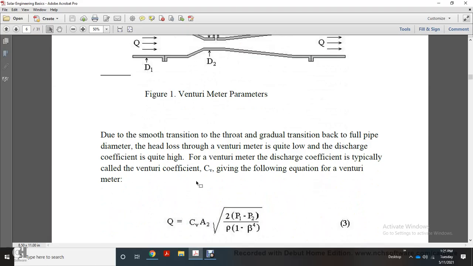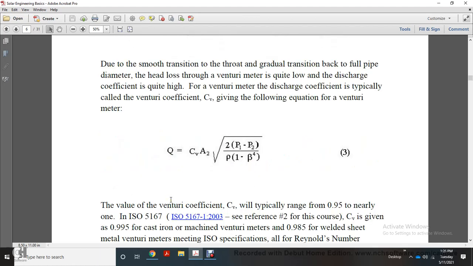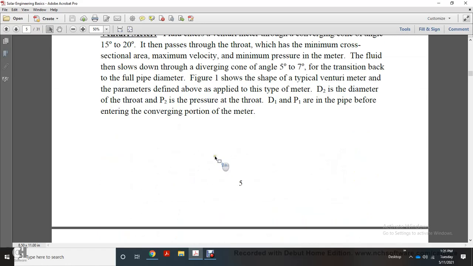Due to the smooth transition into the throat and the gradual transition back to the full pipe diameter, the head loss of the venturi meter is quite low and the discharge coefficient is quite high. The discharge coefficient for a venturi meter is typically called the venturi coefficient, with subscript V. It is given by the following equation: the venturi meter flow rate Q is equal to the venturi coefficient times the original equation for